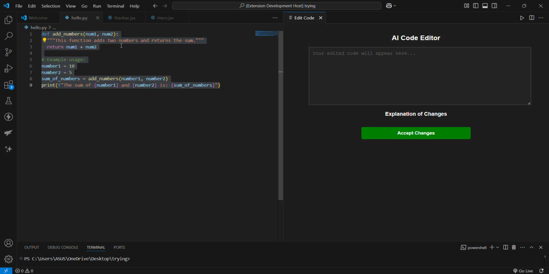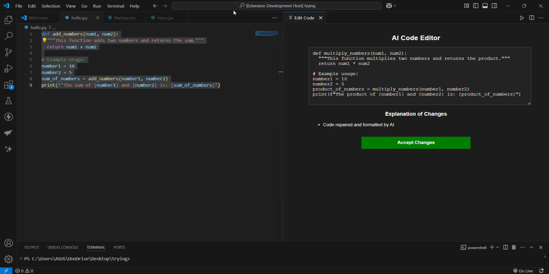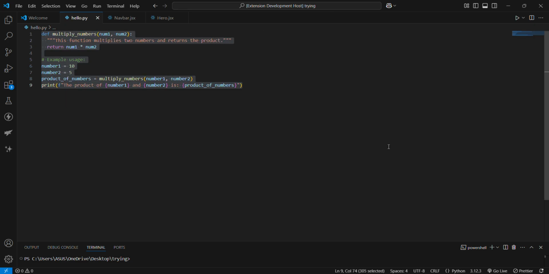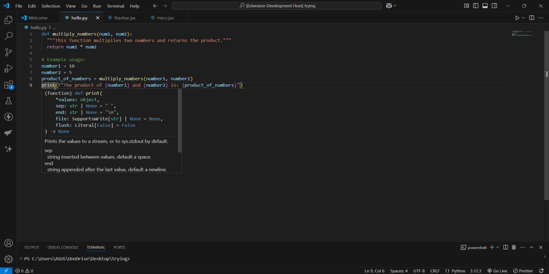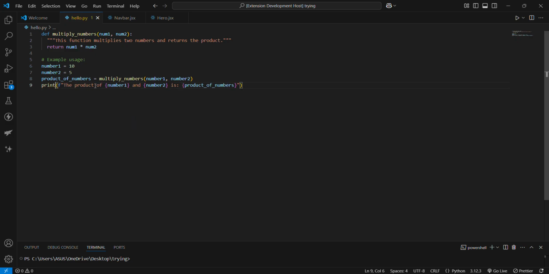it will generate the multiplied code and it will also give me an explanation of the changes done. Only when I accept will the changes be applied. Since I accepted, the changes are accepted. What if there were errors in the code? What if instead of print, it was printf? Or what if I want to multiply two numbers,